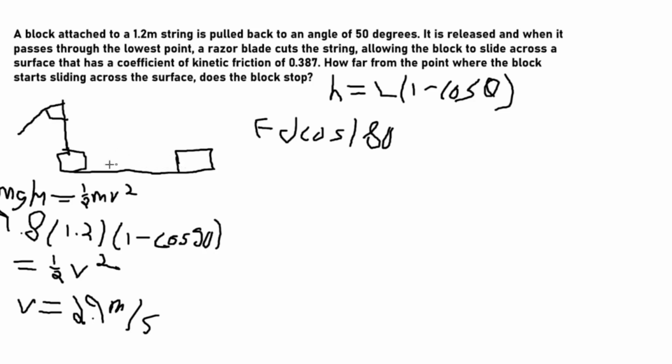It's going to go in the exact opposite direction of the block, so it's going to be 180 degrees. Now you're going to set that equal to the change in mechanical energy, which in this case is just going to be a negative 1/2